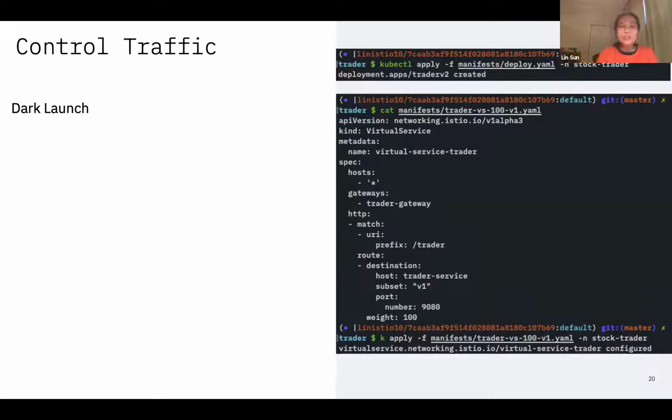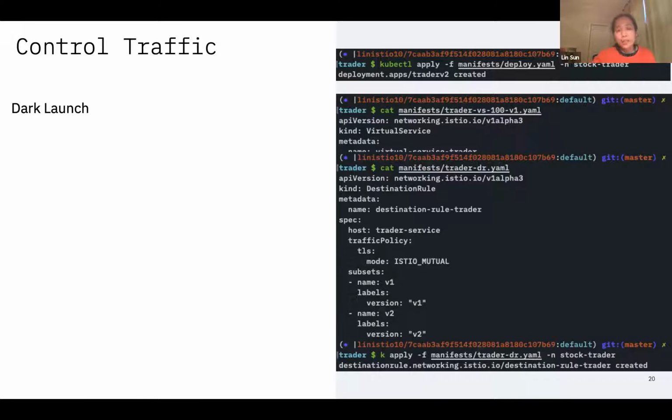As you can see, this is possible without needing to make any deployment changes or any code changes for your Trader services. In this case, the destination rule configures client-side destination policies on the server side, where we are going to add a version 1 subset and a version 2 subset.